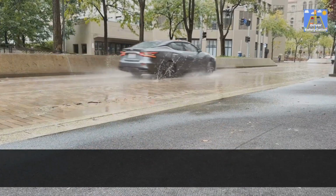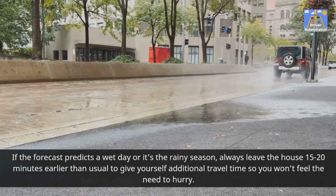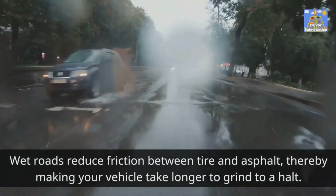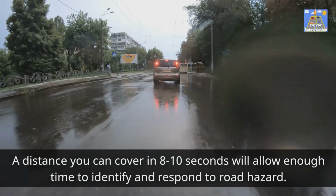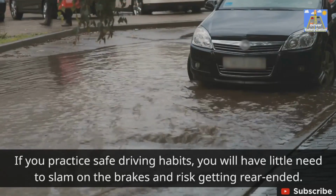If the forecast predicts a wet day or it's the rainy season, always leave the house 15 to 20 minutes earlier than usual to give yourself additional travel time so you won't feel the need to hurry. Wet roads reduce friction between tire and asphalt, thereby making your vehicle take longer to grind to a halt. We recommend keeping a safe following distance between your vehicle and the one ahead of you. A distance you can cover in 8 to 10 seconds will allow enough time to identify and respond to road hazards. If you practice safe driving habits, you will have little need to slam on the brakes and risk getting